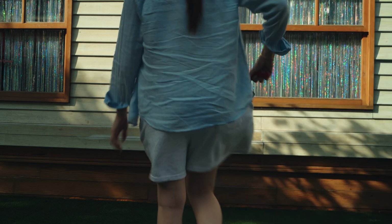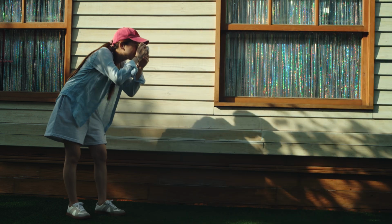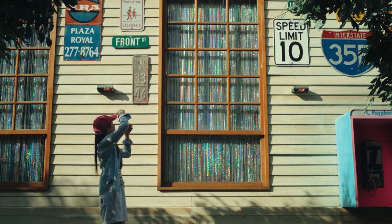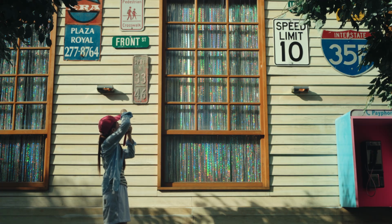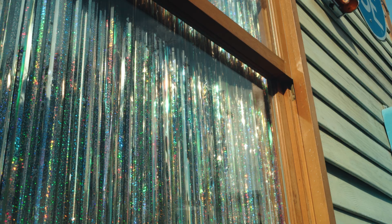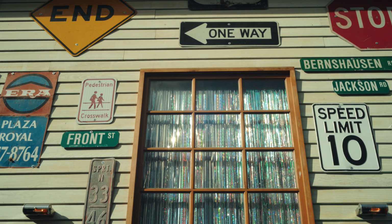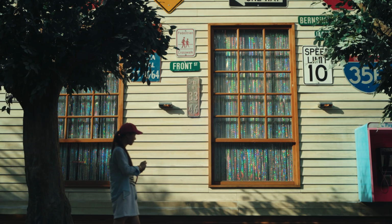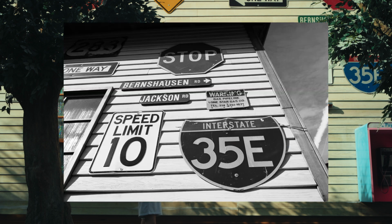It's been incredibly hot lately, 33 degrees. I've been really wanting to go out and shoot, but I kept getting some mild heat strokes along the way. So I decided I'm still going out, but just not in the hot blazing sun. Finally, I waited for a day that's sunny but not too hot. And I figured it would be the best chance I get to just grab my camera, go out, and explore